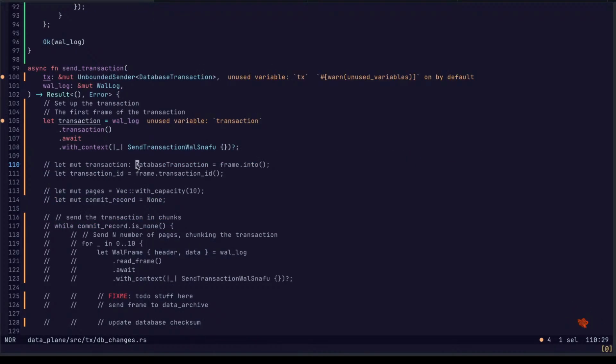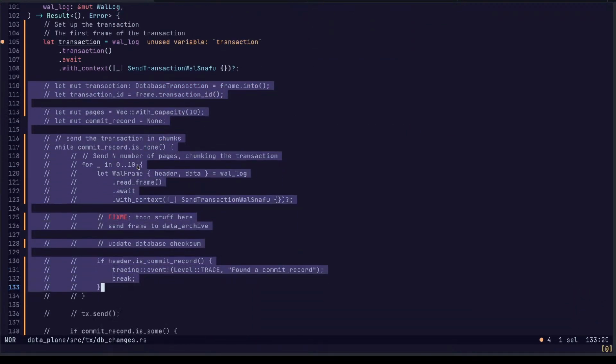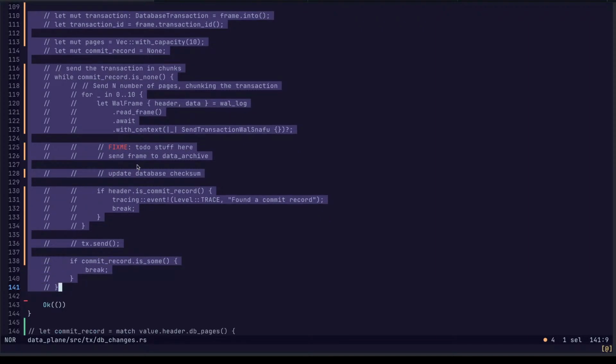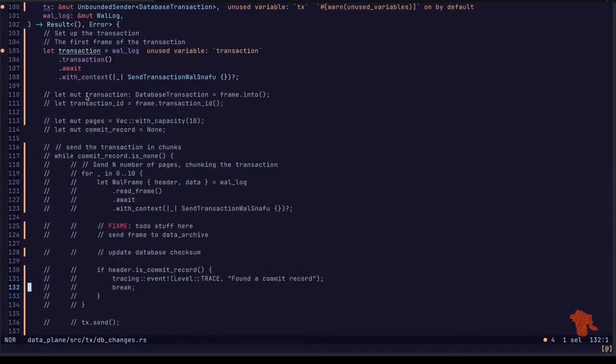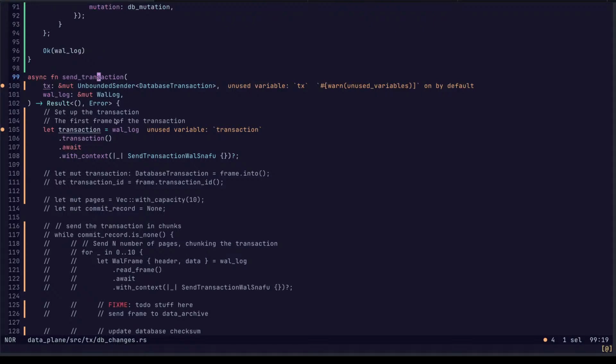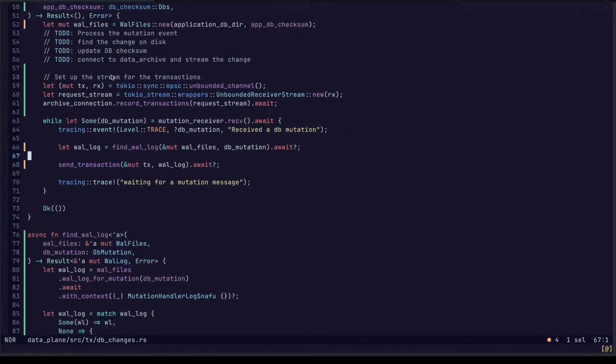Then we just get rid of all of this. Except for the piece where we send. Why is this even in here? We're missing some association between the actual transaction that we're sending.